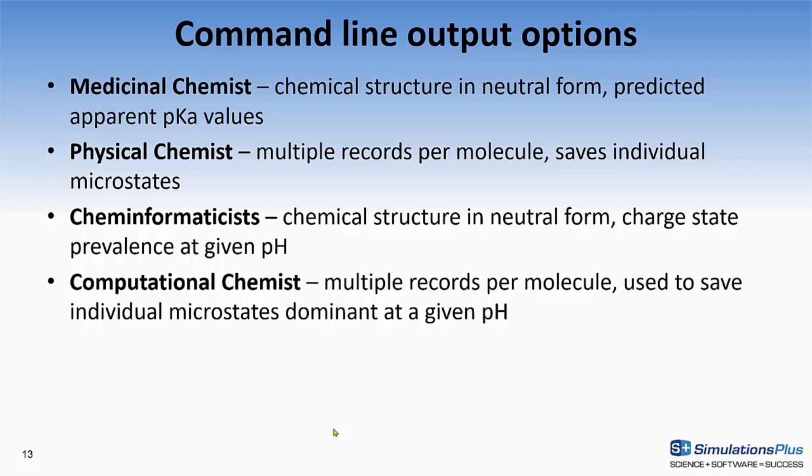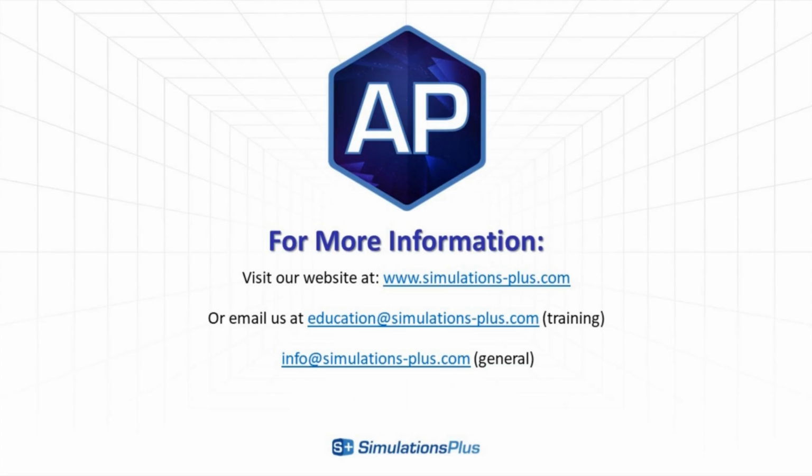You might want to use this for input to docking. So it'll predict, let's say, the states that are available at pH 7.4. Some of these states might be interesting or helpful when the molecule is docked in a protein site. If it becomes protonated, it could potentially donate a hydrogen bond to the protein structure and interact with the protein structure. This concludes the training video on the S+pKa model in